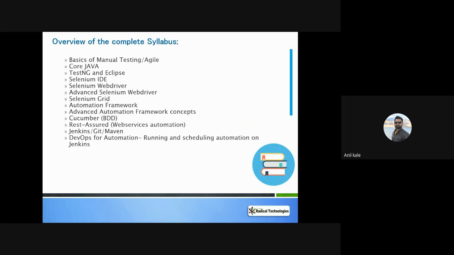Let's talk about the overall syllabus. So on screen you are seeing the high level content of the course. The first line is not directly related with the test automation. However, if we want to go for a test automation course, you need to have the understanding about the basic things